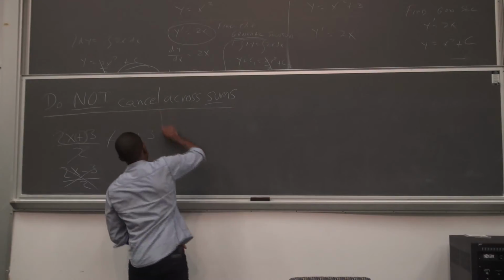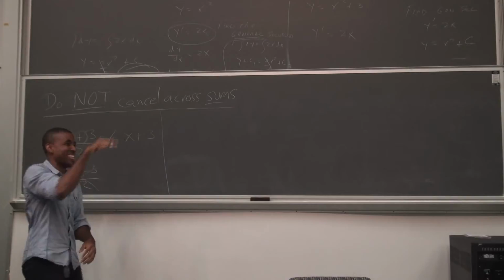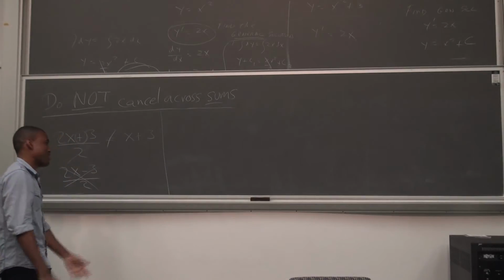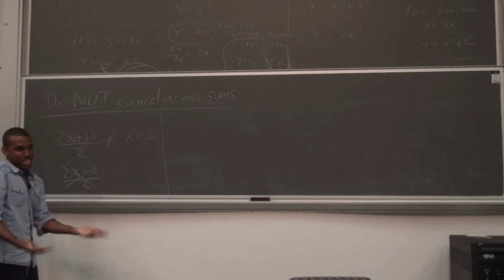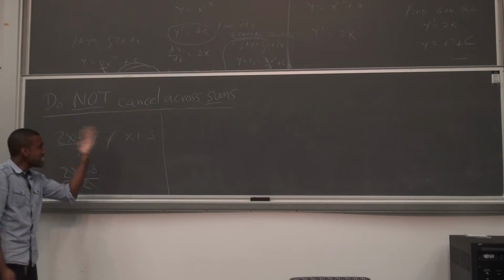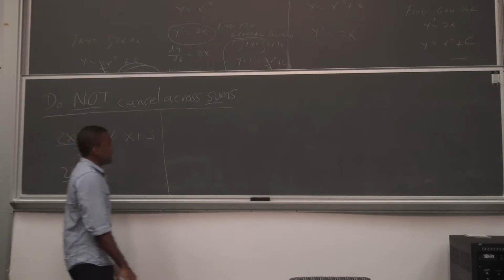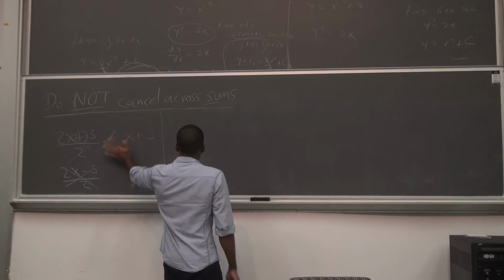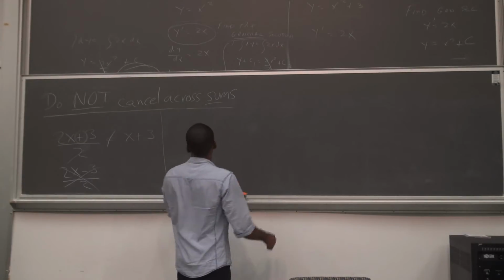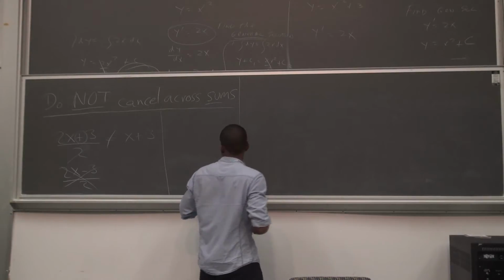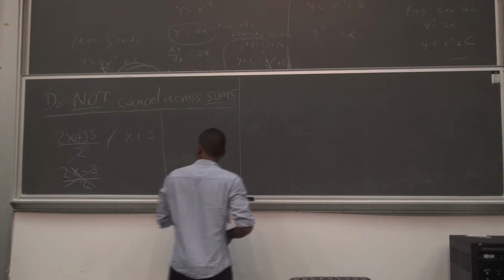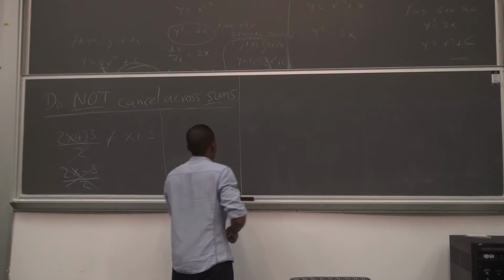Right? Jesus is the answer. Just write that for everything you'll get. I'll give you points for just being funny. But you do that, I give you 0. So there's literally anything would be better than this. Okay? So canceling across sums, do not do that. Very important. A very elementary mistake that causes so much headache. It's not even funny. So something like that you will not do.